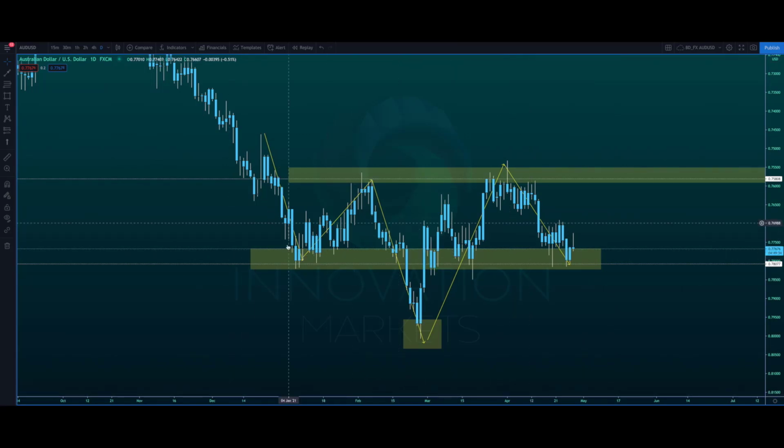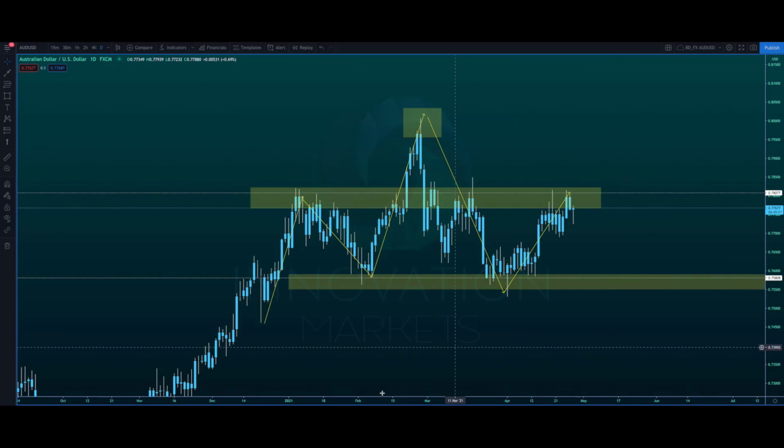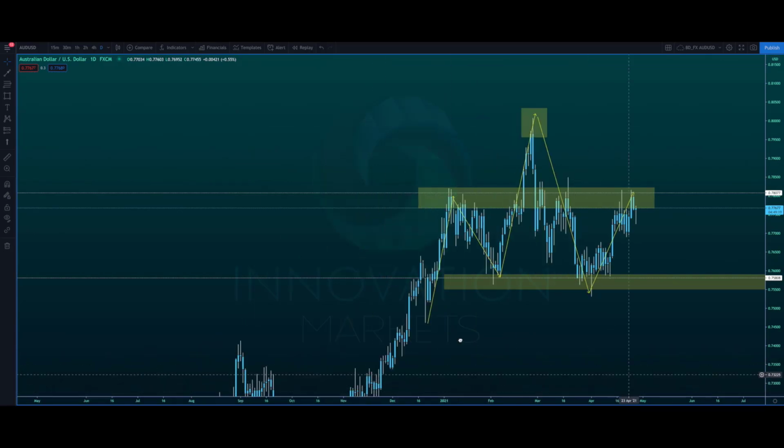So here you can see price pushed down, pushed up, is failing to break lower, and is also making a higher low from this higher low over here, and it looks like price could potentially move up. So that's an inverse head and shoulders formation. So just to recap,